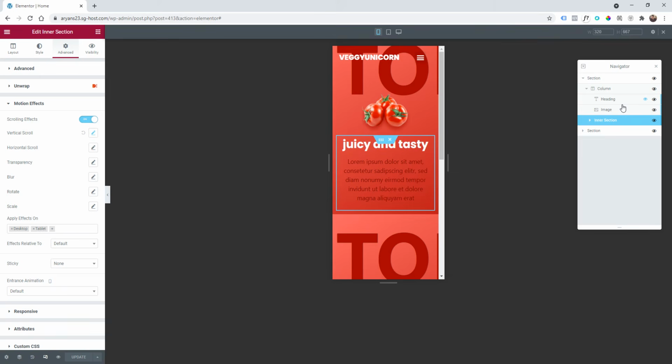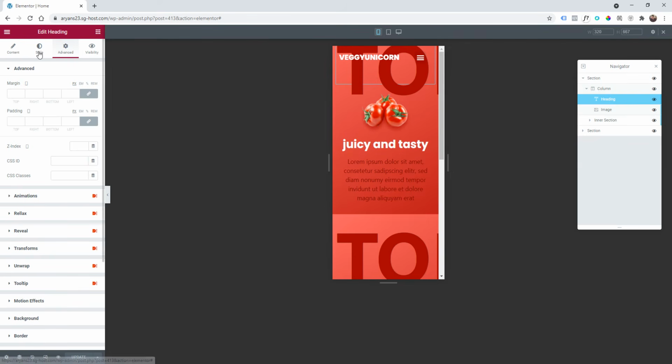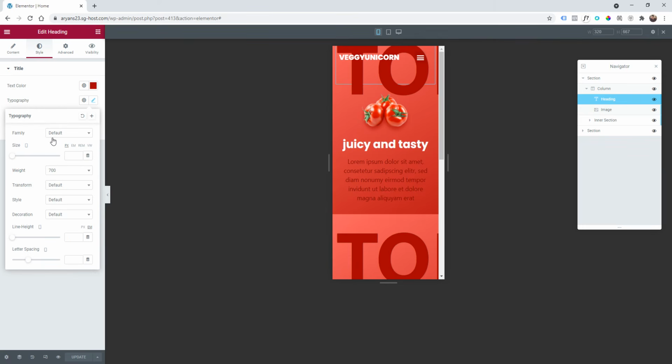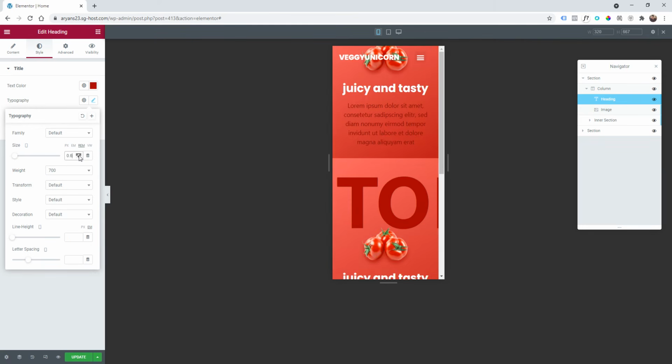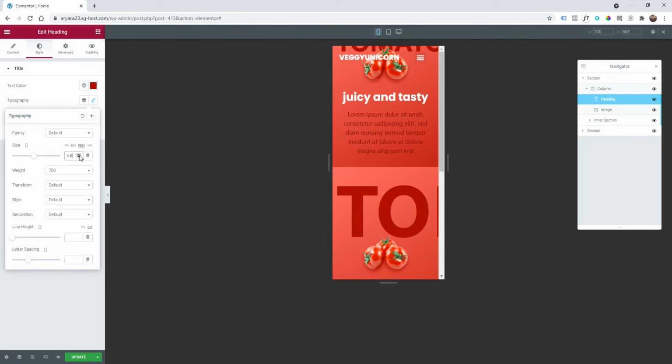So I'm going to change the heading. Click on the heading first, style and typography. And now we are going to click on rem and change it a little bit. I'm going to make it a little bit smaller. As you can see, now it's out of the canvas. So if you wish to see the text, what we need to do is to actually